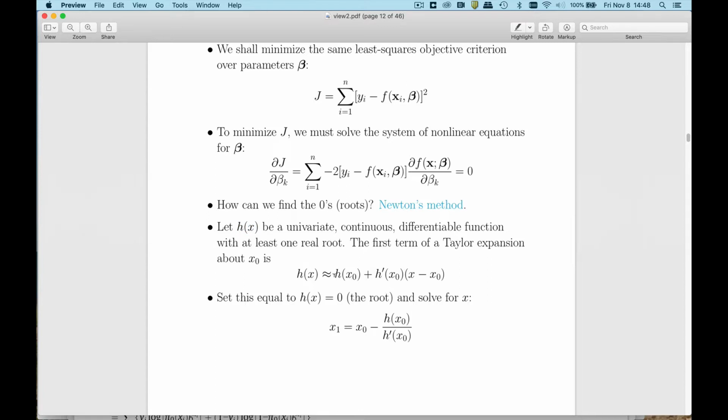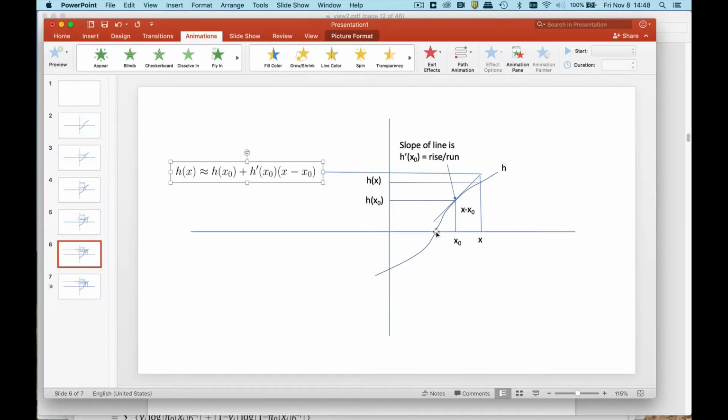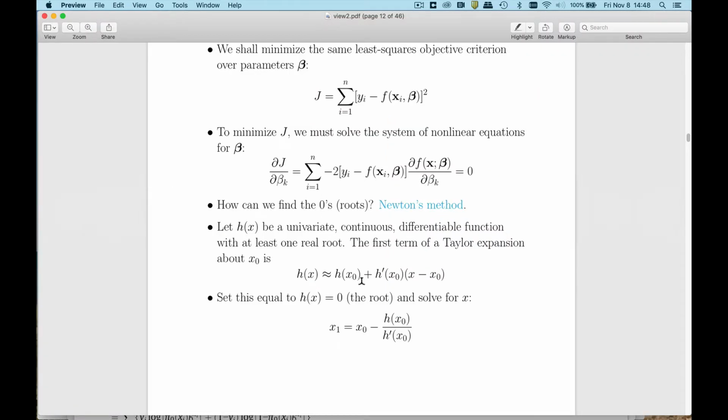So, in order to find a root, what that really means is h at x has to be 0. So this point here is where h at x is 0. What I want to do is find the x that goes with that point. If I just put a 0 here and solve, I end up with what's called the Newton update formula. My next x, x1, is just going to be wherever I started